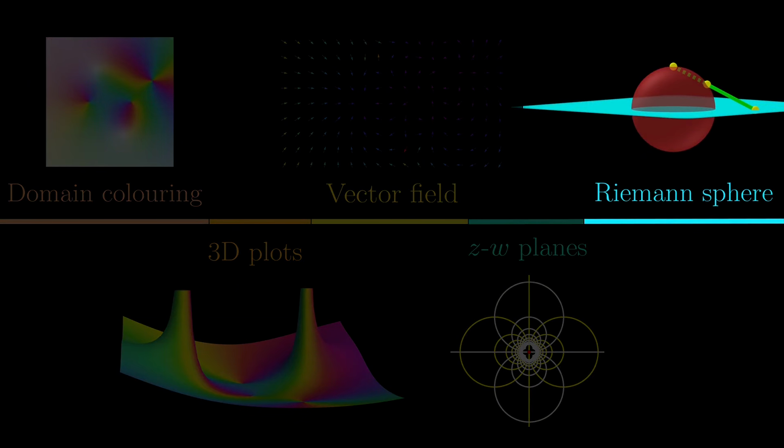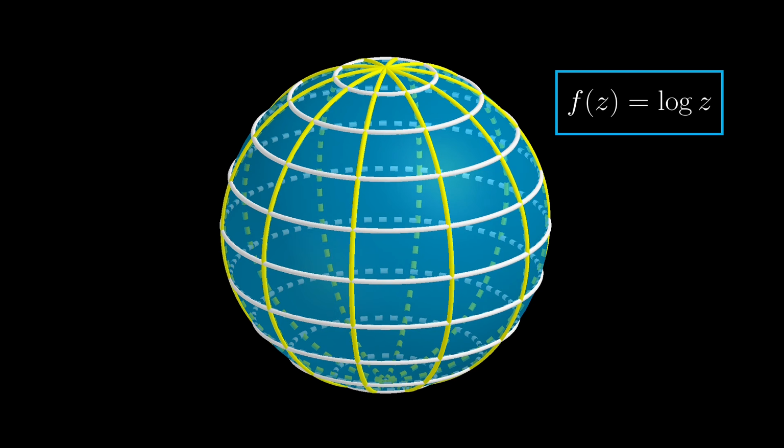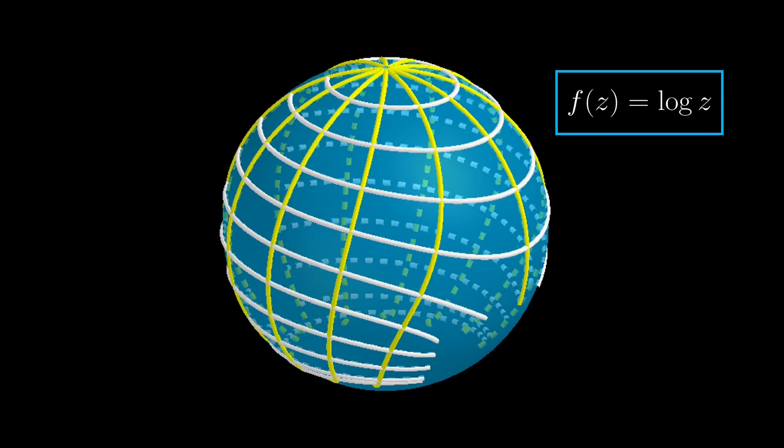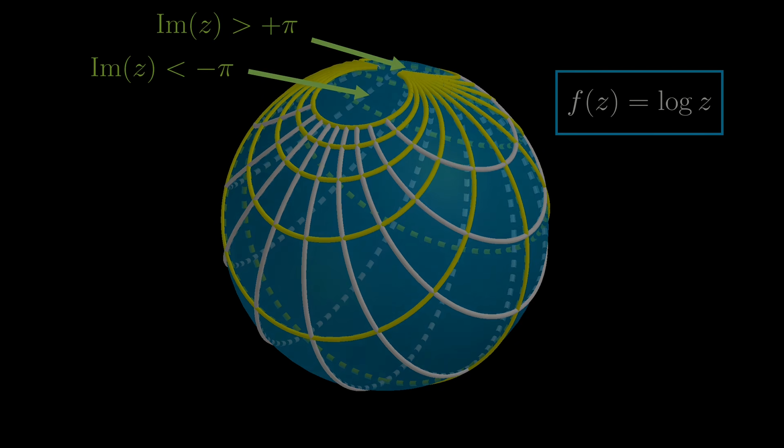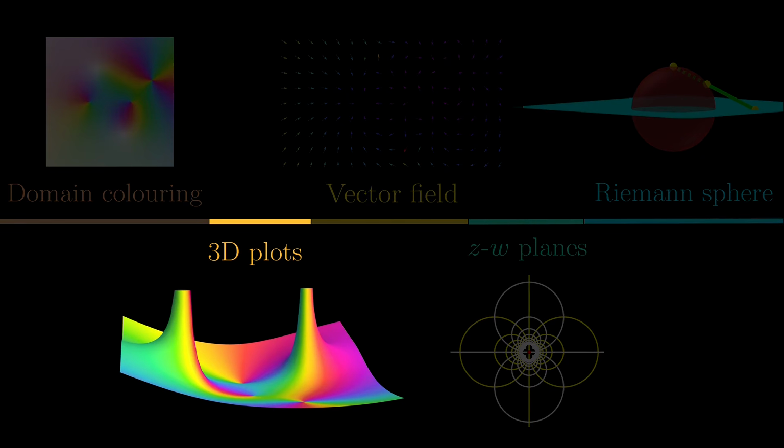What about the Riemann sphere visualization? The transformation is also quite interesting. As always, this is our starting point, and here we go. One thing to note is that these curves are actually circles or circular arcs. The explanation for this could be deduced from the next video. In this case, these circular cavities aren't because the curves are too dense, they actually correspond to the horizontal lines like before. Alright, I think we should start the finale, the 3D plot visualization of logarithm.